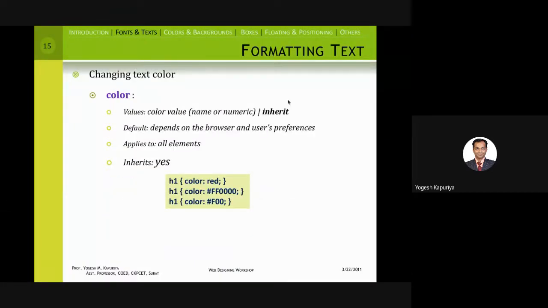If you want to change the color of the font, then color is the property. Color you can mention in 3 different ways. Either you can use the CSS name of that color, or you can use a 6-digit hash number, or you can also use a 3-digit hash number. In the 3-digit form, first is the red component, then green, and blue. In the 6-digit form, the first 2 are red, the third and fourth are green, and the fifth and sixth are blue. So FF0000 means this has the highest red component and all other components are 0, so this is a red color. Then you can mix these together to generate various combinations of color.